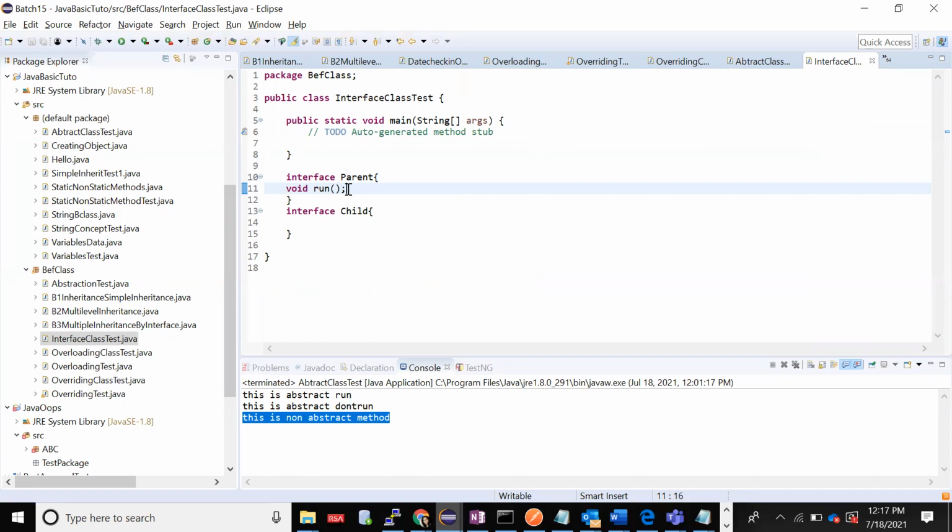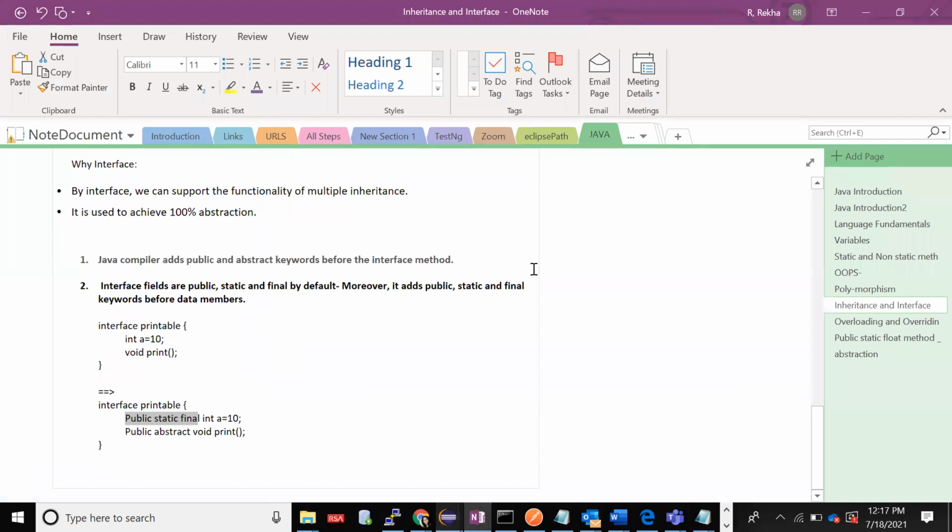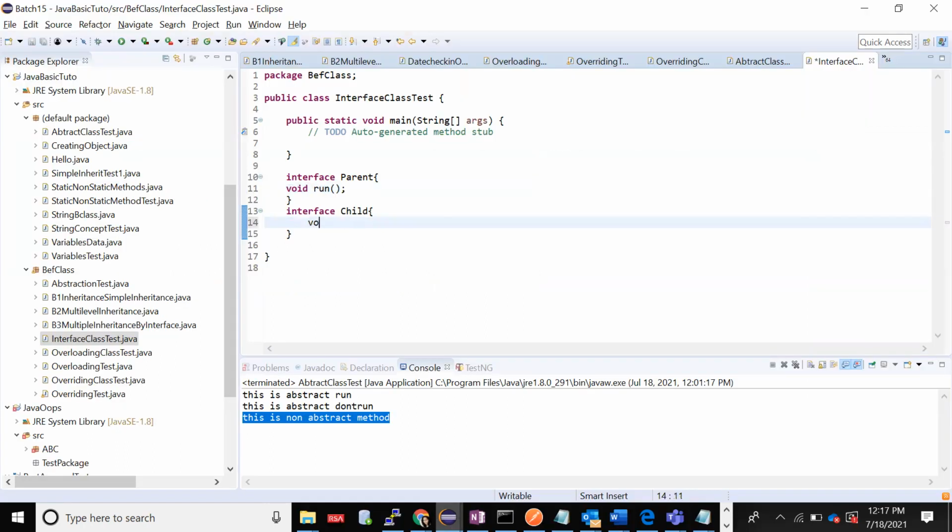Now I have created one void run. In my child, I'll create one more method, void don't run.